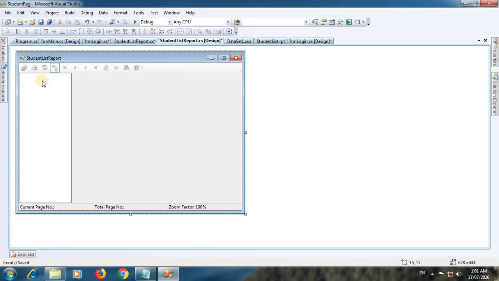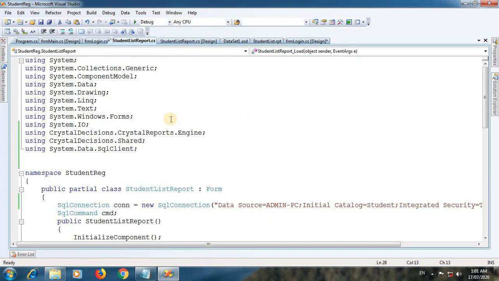Okay, so our form name is the student list report form, and you need to write some code in this form. So just double click on this form. I've already added some code. If you work with Crystal Report, you need to